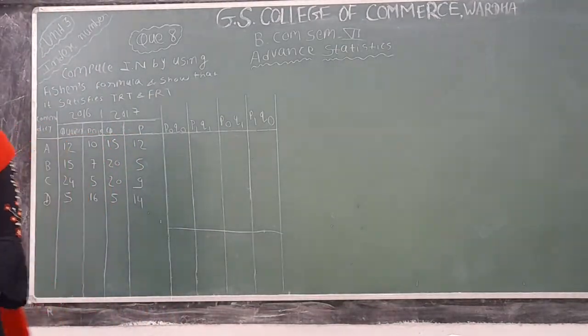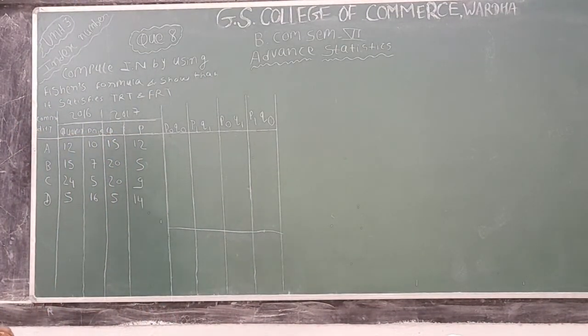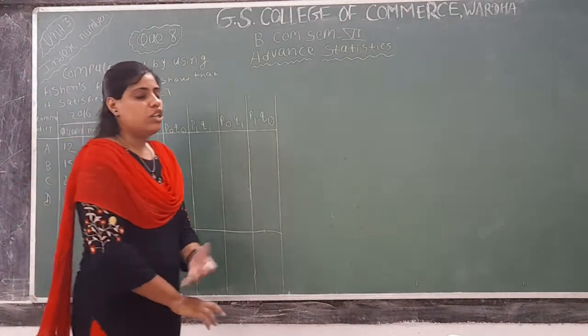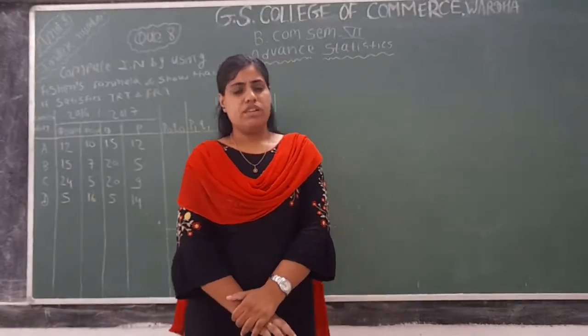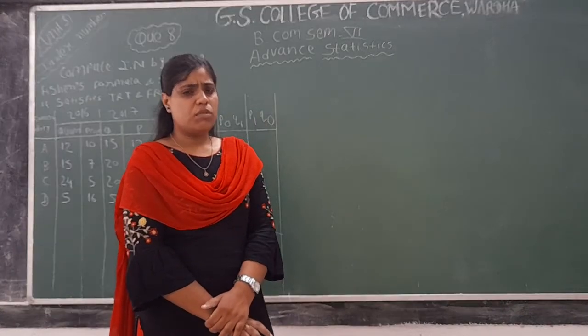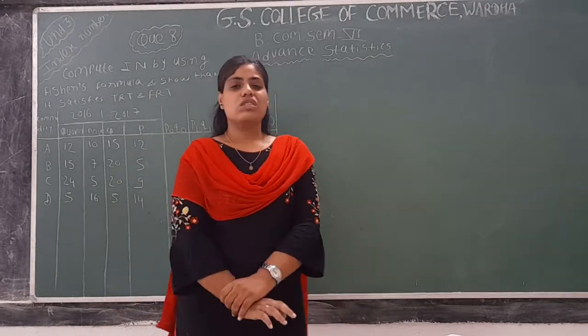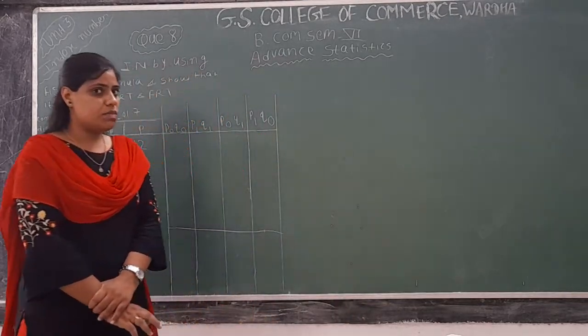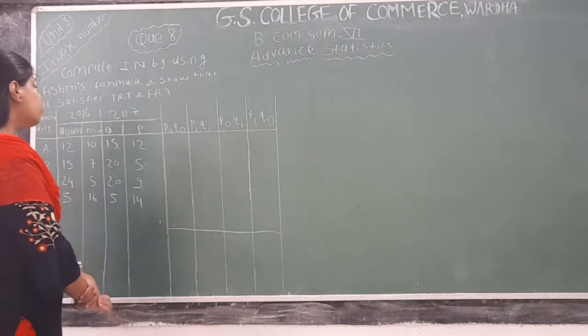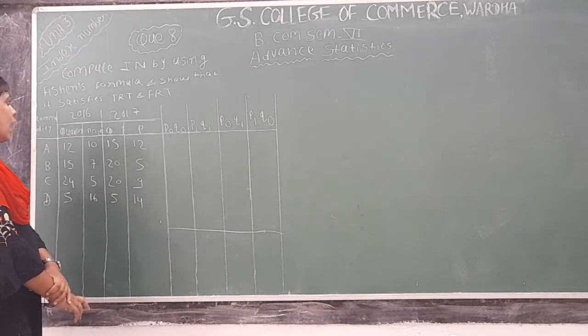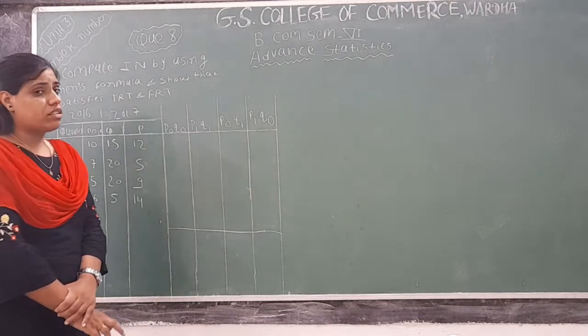So today in this lecture, we are going to deal with a numerical problem which is associated with the test of consistency of index number. In the previous lecture, we have seen the meaning of test of consistency of index number and we have seen by using the Fisher-Seidel index number formula how it is satisfied. In this lecture we are going to see the numerical implication of this problem. So let's begin. Here we have been given a question where we have been asked to compute index number by using Fisher's formula and to show whether this formula satisfies the time reversal test and factor reversal test.